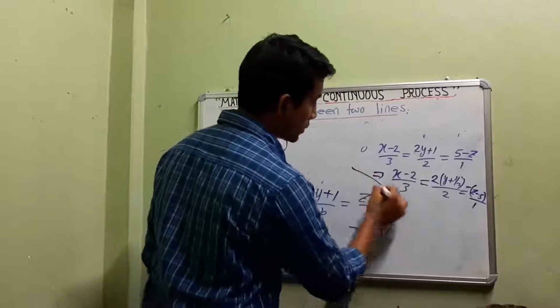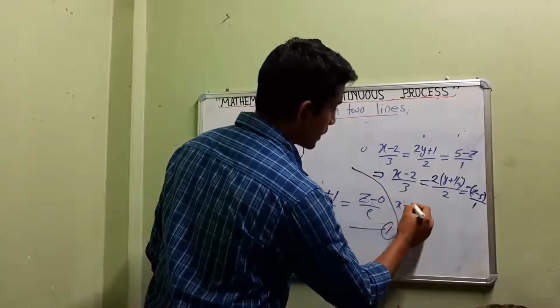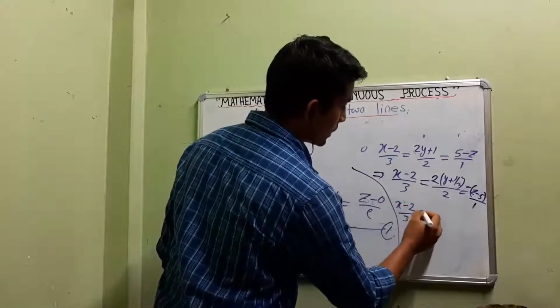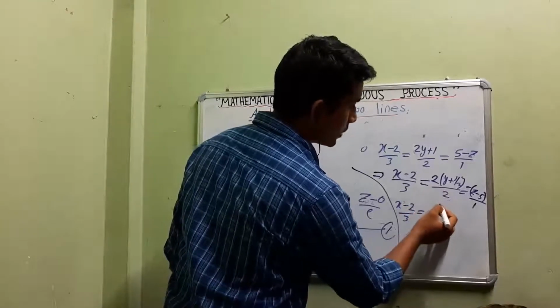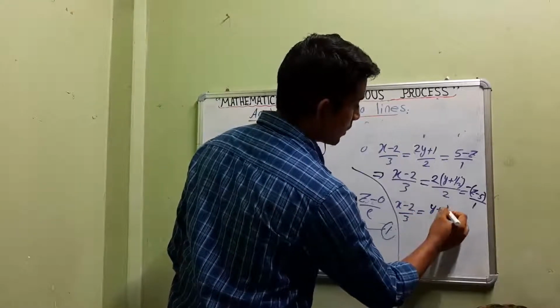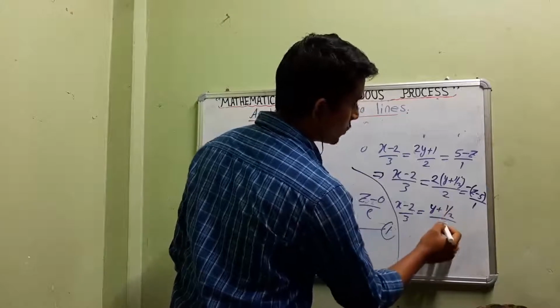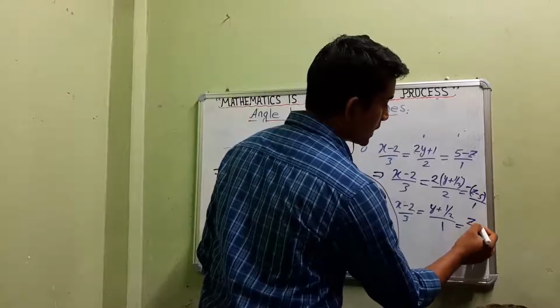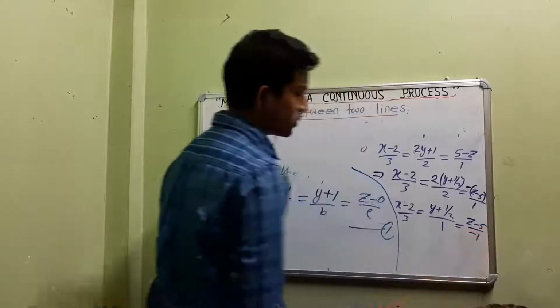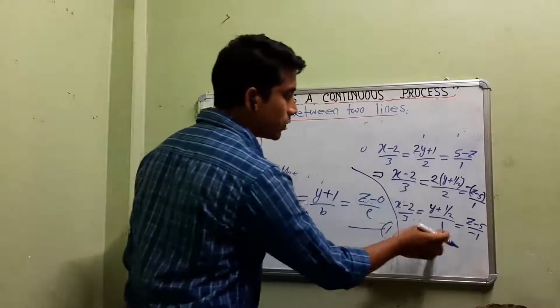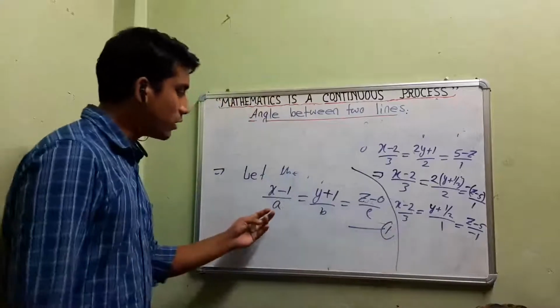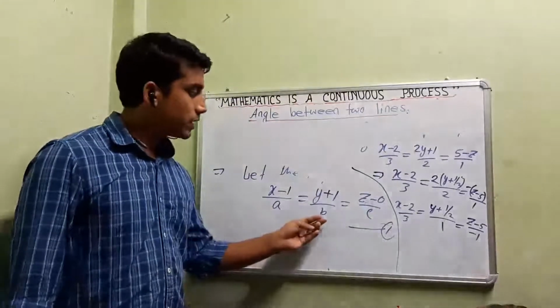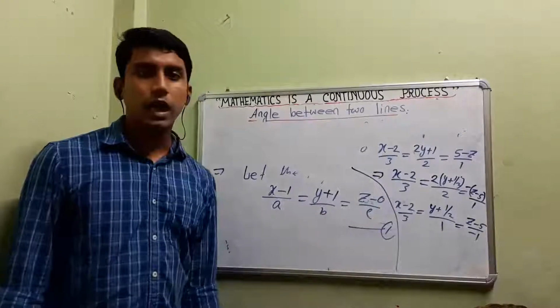So in the next line, we will take (x - 2)/3, this is okay, but in the second fraction I will take the 2 in the denominator, so it will be (y + 1/2)/1, since 2 by 2 will be 1, is equal to, the minus I will write in the denominator, so it will be (z - 5)/(-1). So the direction ratios you got are 3, 1 and -1. So in place of a I will put 3, in place of b I will put 1, and in place of c I will put -1.